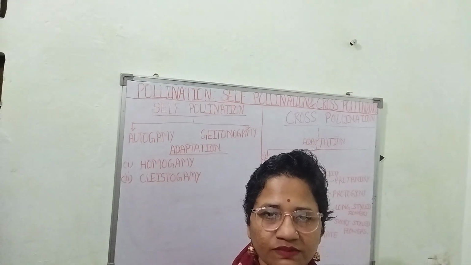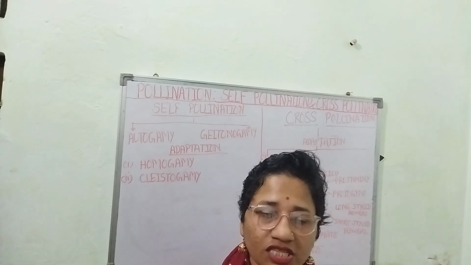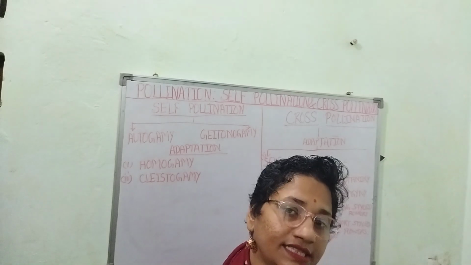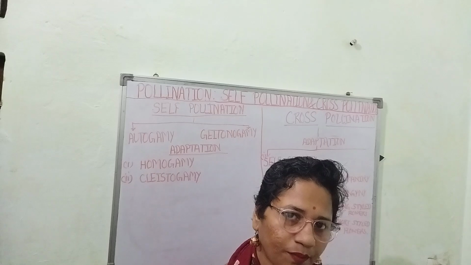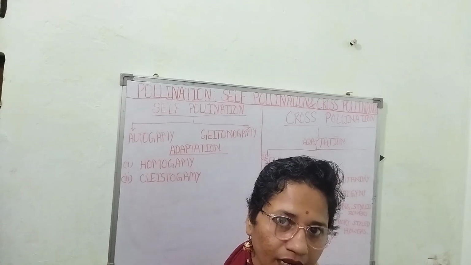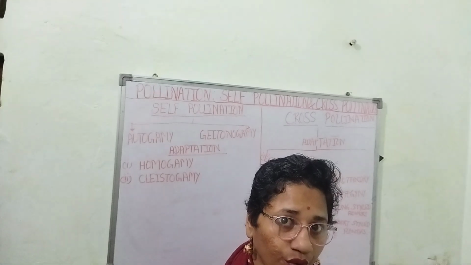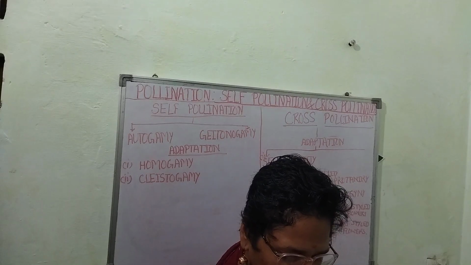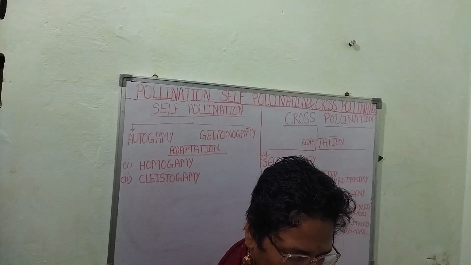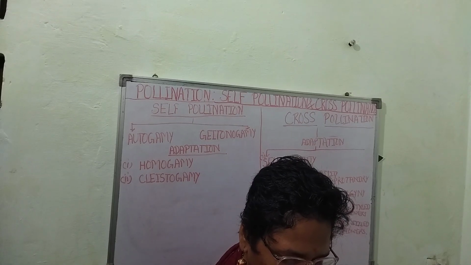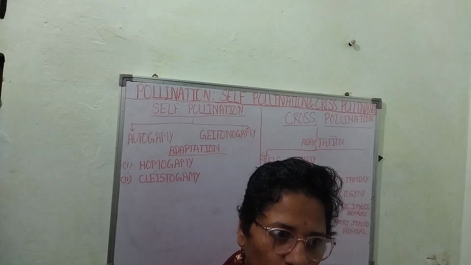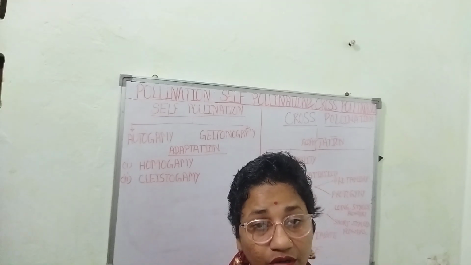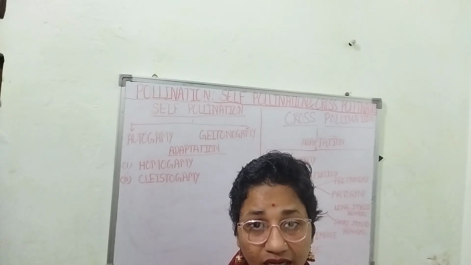Recognition rejection response means स्वीकृति से अस्वीकार कर देना, यानी कि आपने एक्सेप्ट, आपने मान करके उसे रिजेक्ट कर दिया. आपका स्टिग्मा, pollen grains go through the stigma to style, but they do not grow a pollen tube into the style, and it is the recognition rejection process. Also, in some cases it involves an interaction between the proteinaceous substance and the cuticular pellicle of the stigma, which plays an important role in self-incompatibility.